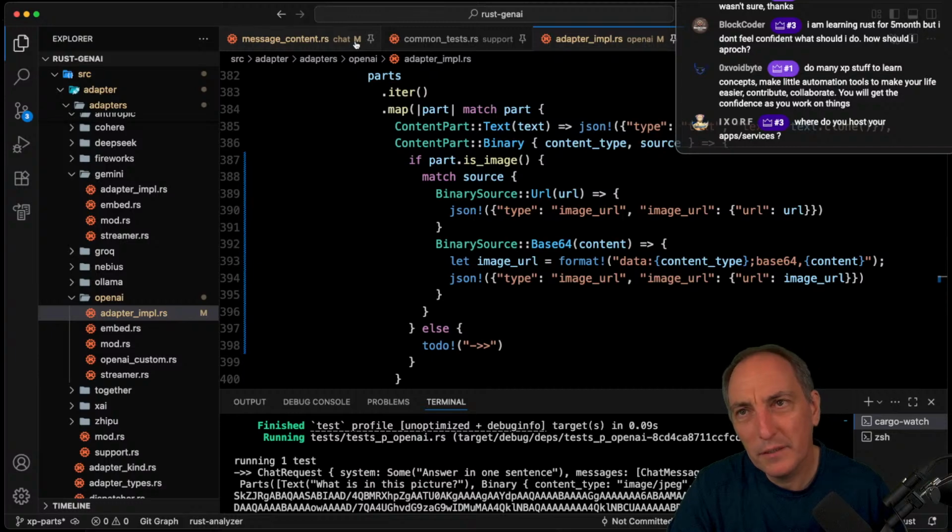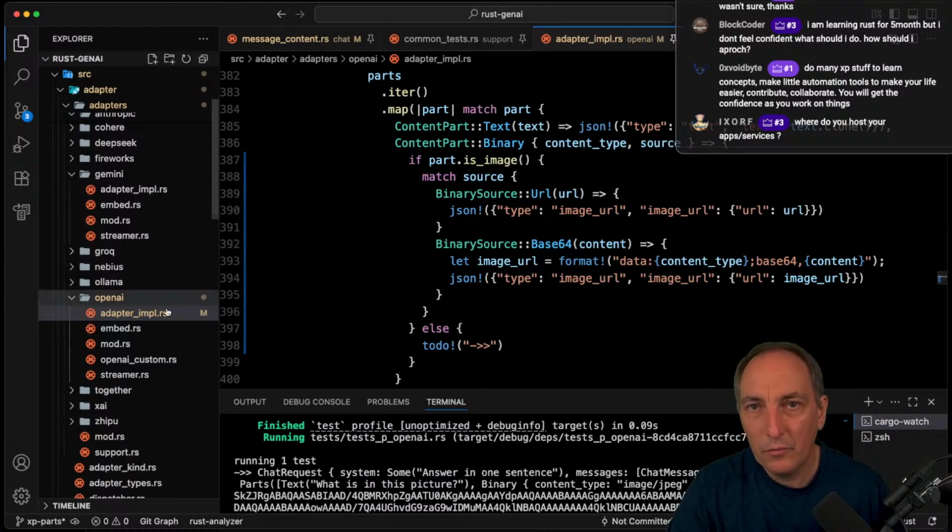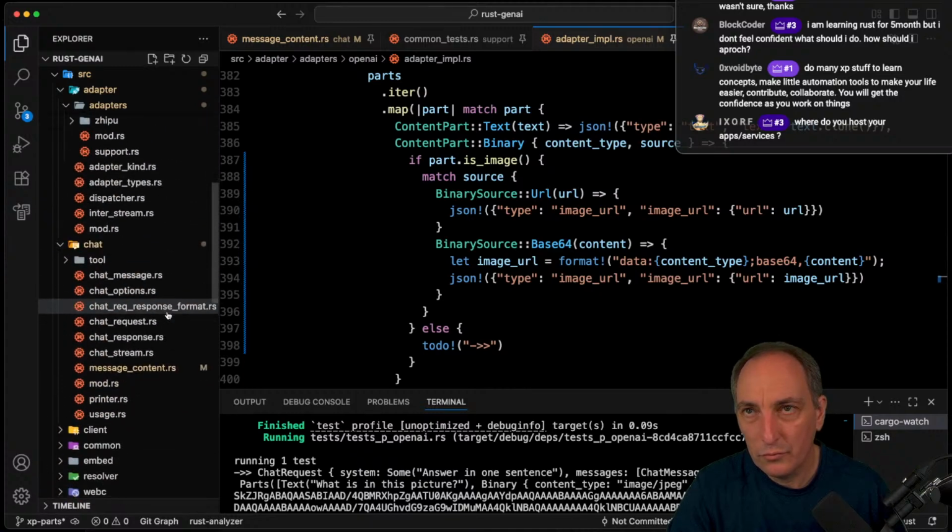Are we going to add PDF? Yes, we're going to add PDFs just like that. So now we have the URL and stuff, and that works very well. We are going to,